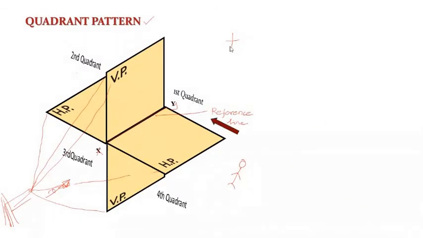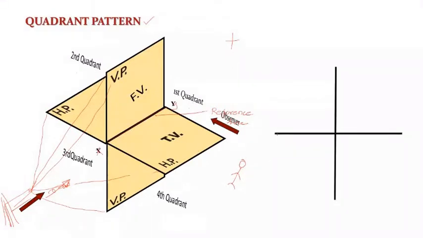So if you see from here, you will get something like this. Am I right? If you are getting the plus sign, which is your first quadrant? Can someone say? The upper right. So this is my first quadrant. Am I right? Yes, sir. And this is my second quadrant.